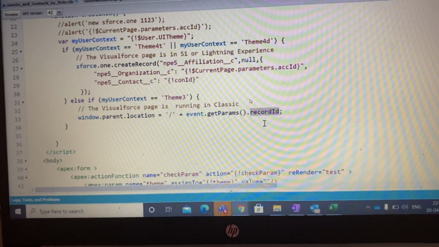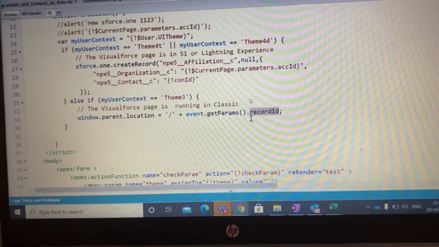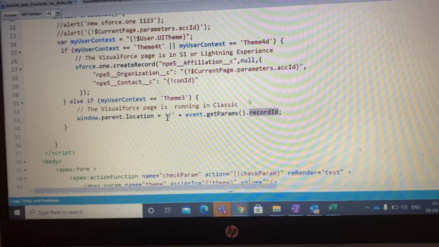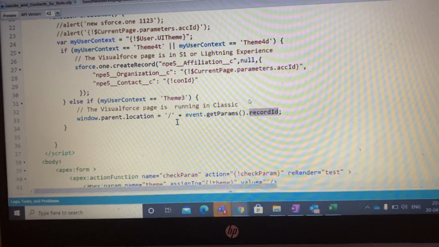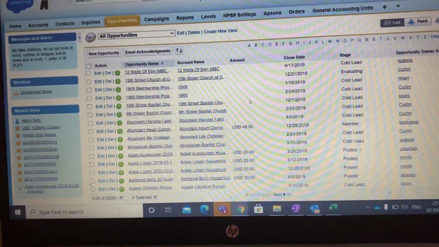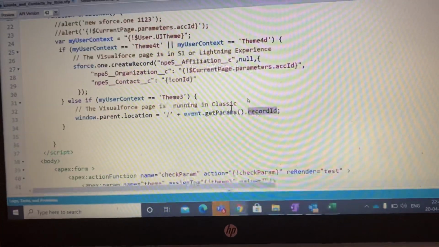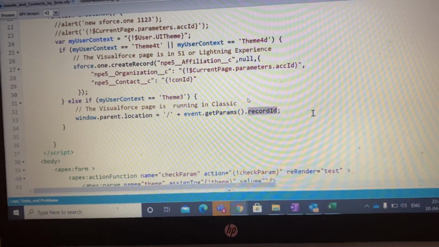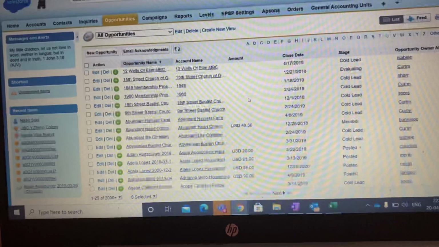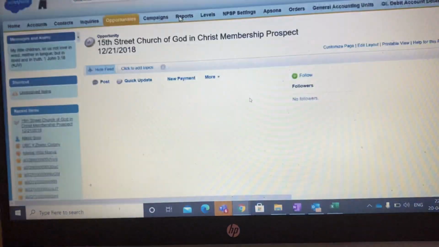Whether it is a contact record, account record, or whatever record, end of the day this is a record ID. Since it is in an Apex Visualforce page, end of the day this is considered a Visualforce or Apex page, where you can see the URL like this. This is one record ID. But what they are passing here, what is the page they are expecting like this? They would see a page like this. This is one record, for example,